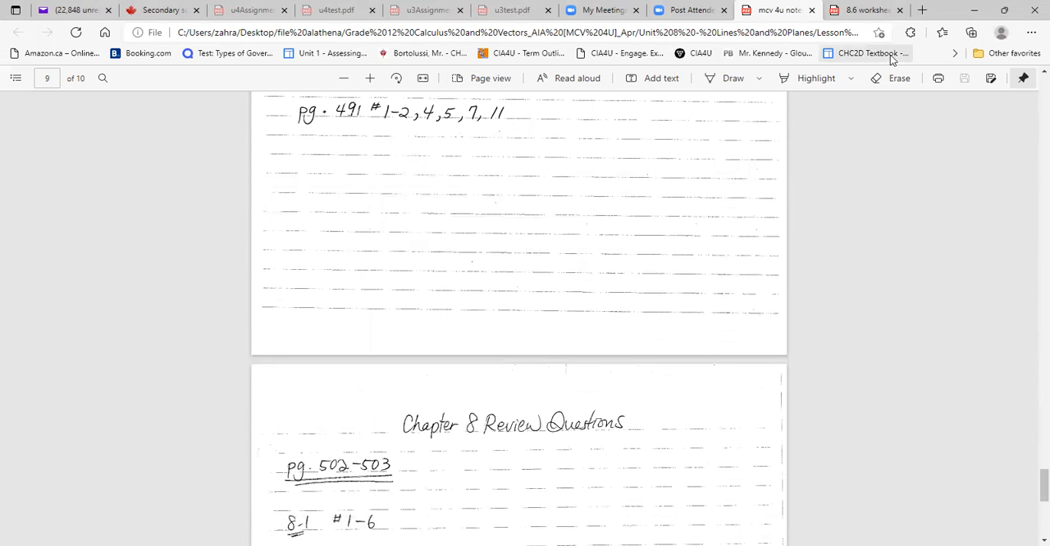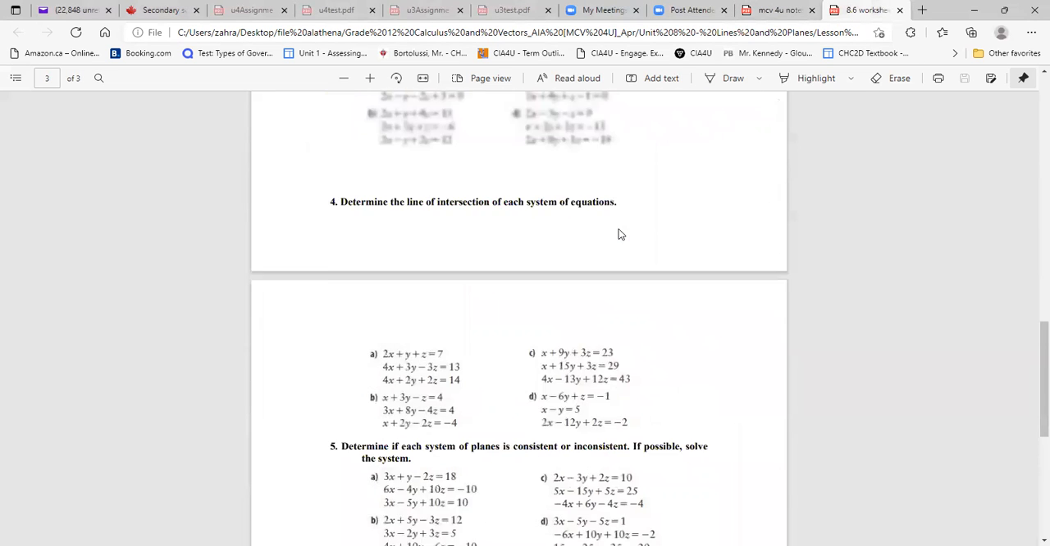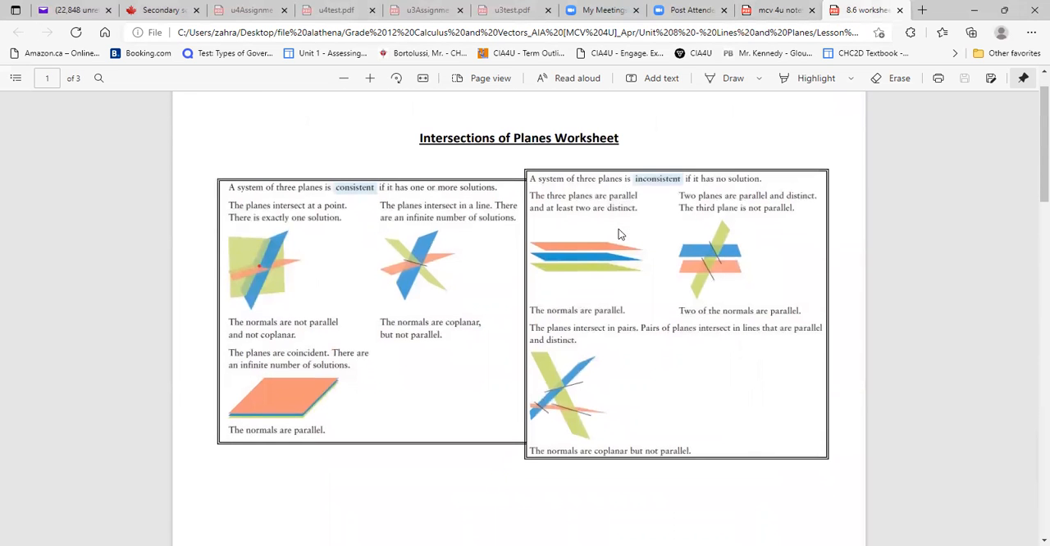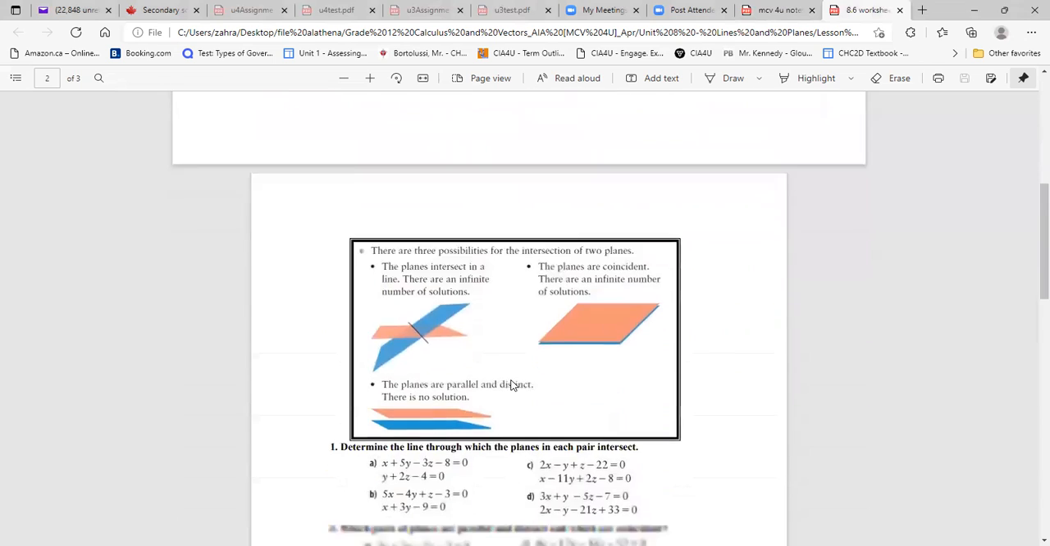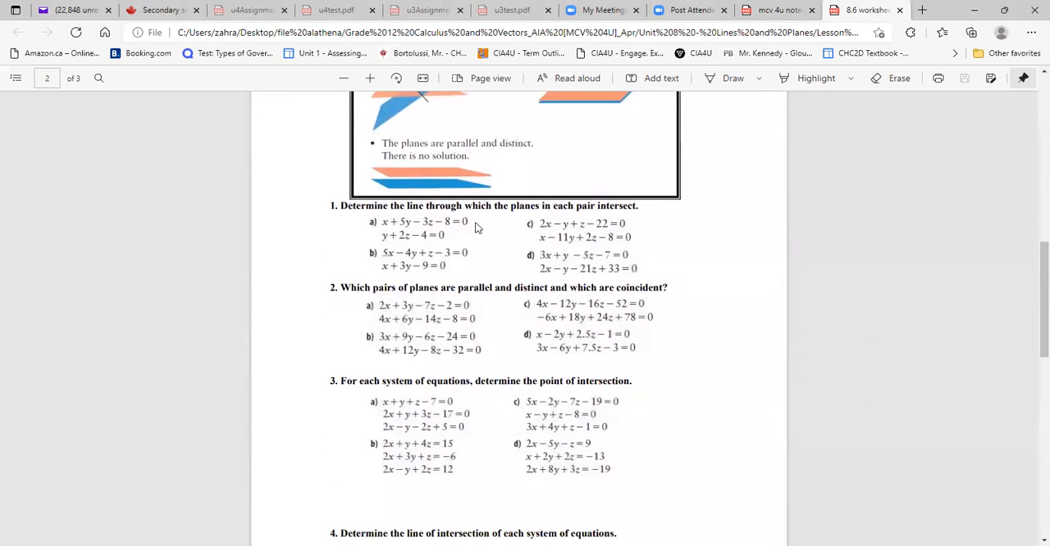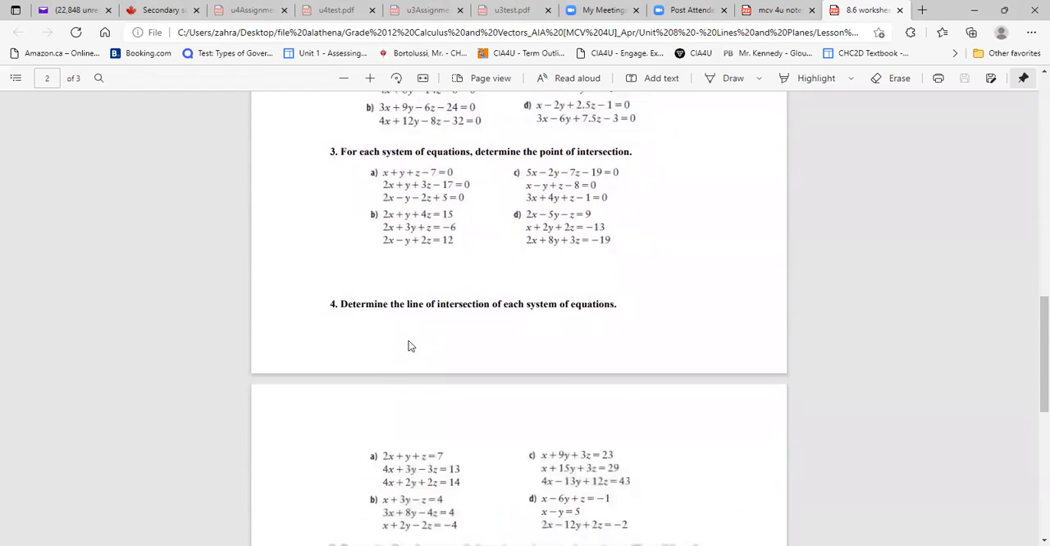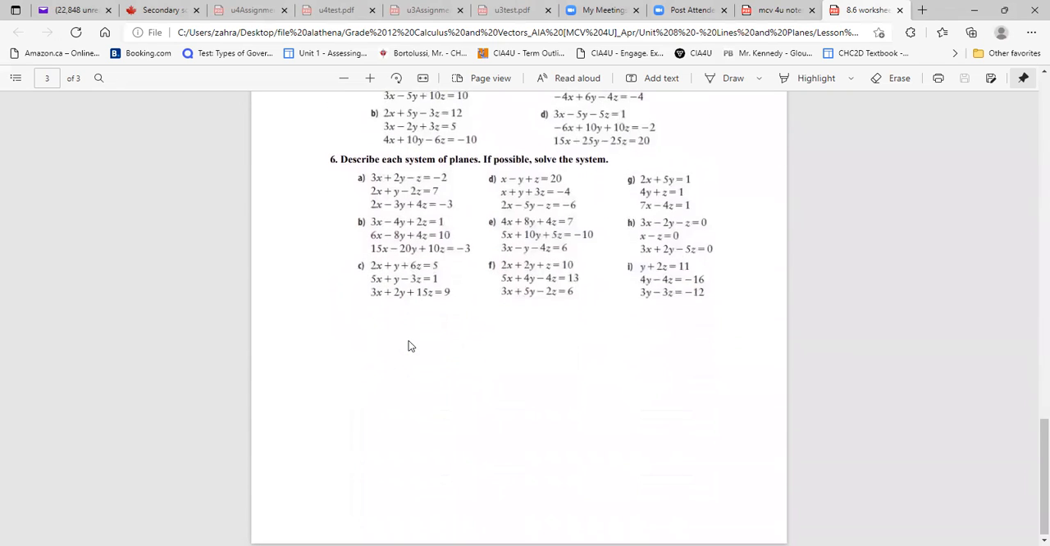Okay. So for the worksheet, these are all the types that you can go and look at. Determine the line through the intersecting planes. Okay, you can do 1A, 2A, 3A, 4A, 5A, 6A,